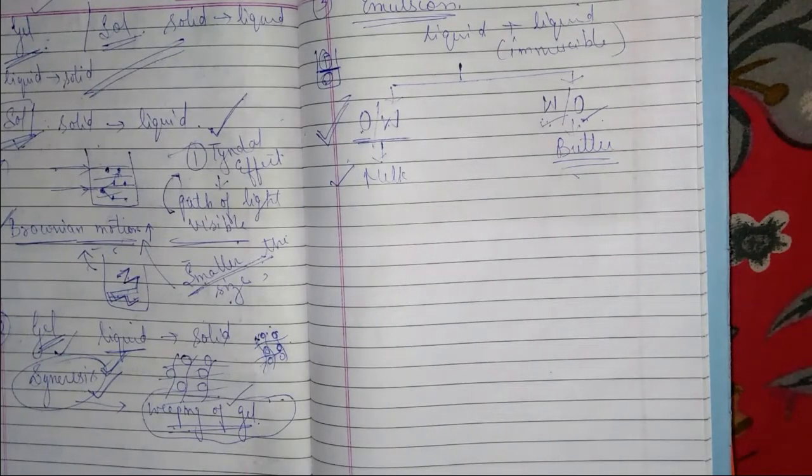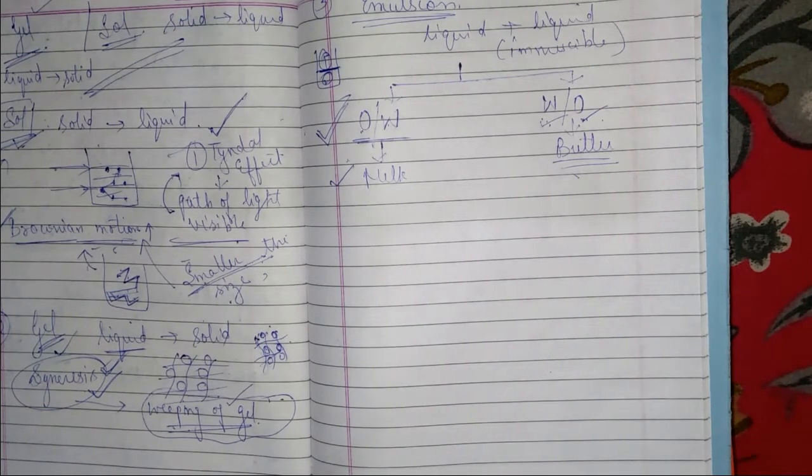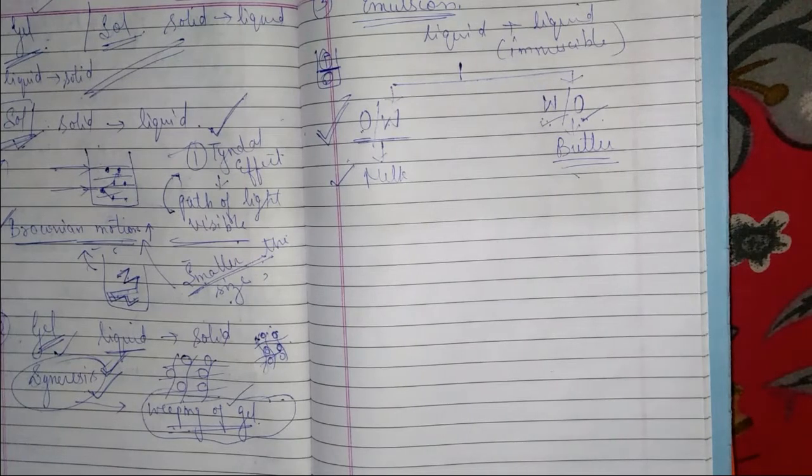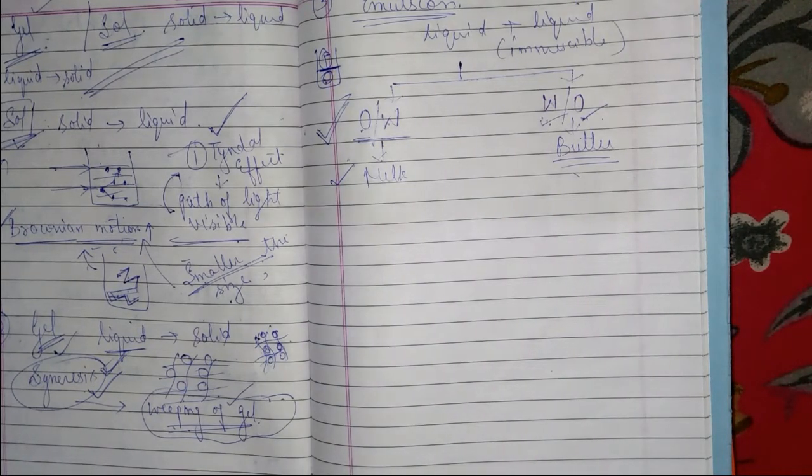And keep in mind that formation of emulsion is not very easy. You and I at home cannot just mix two liquids and form an emulsion. No, that is not possible, because in that case both the layers will separate out because their surface tension is different. So we need certain additives which can reduce the surface tension, the interfacial tension, so that both of the layers can remain mixed together. So that's how emulsions are formed.